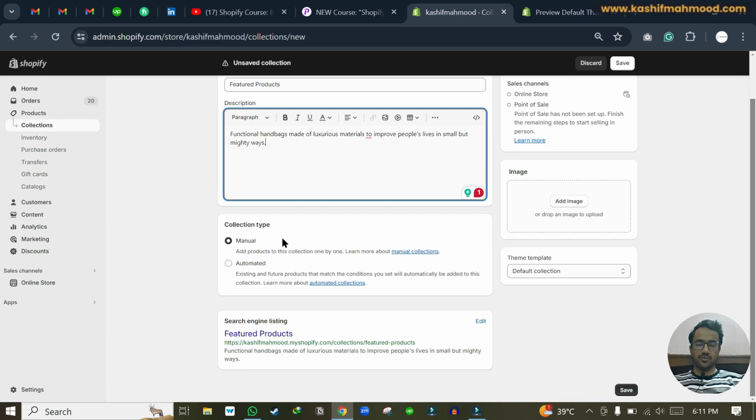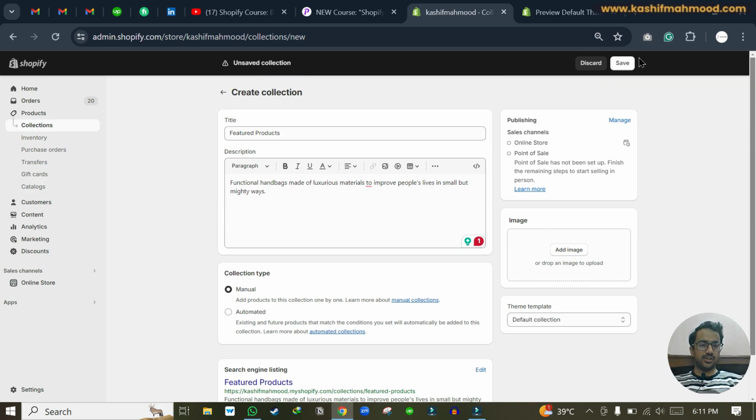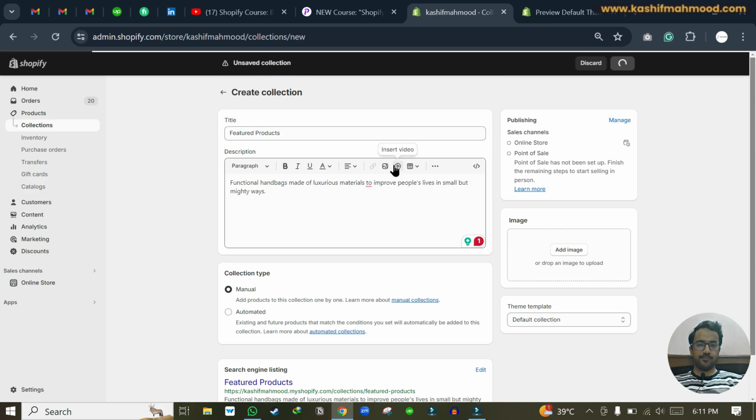And here you can see we have two collection types. First one is manual and second one is automated. If you select manual over here and you just click on save,